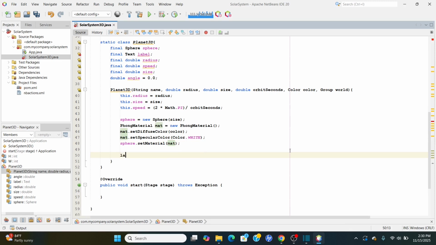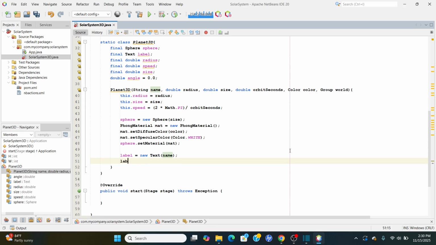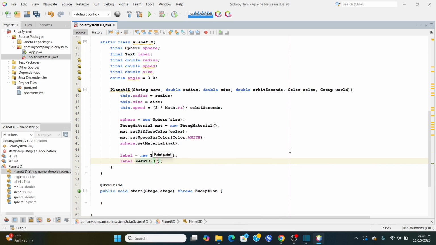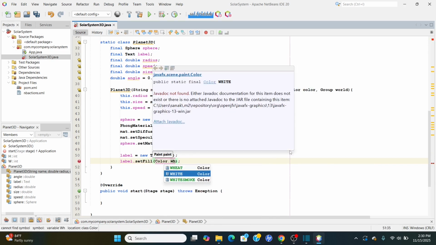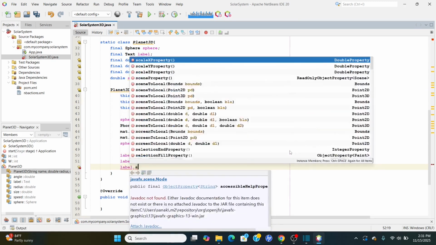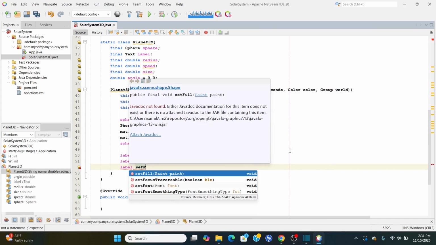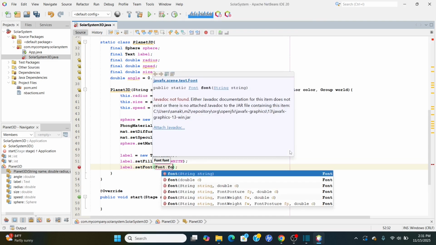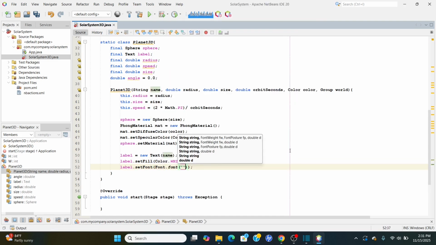Now let's create the label that will appear next to each planet. We start by building a new text object and passing in the planet's name. This makes it easy for viewers to recognize each planet instantly. Next, we set the label's fill color to white, which gives a strong contrast against the dark space background and keeps the text clean and readable from any angle. After that, we choose a simple sans serif font at size 14. This keeps the label small enough not to distract from the planets, but clear enough to identify each one as it moves around the Sun. With this label created, we'll soon attach it to the world and update its position so it follows the planet